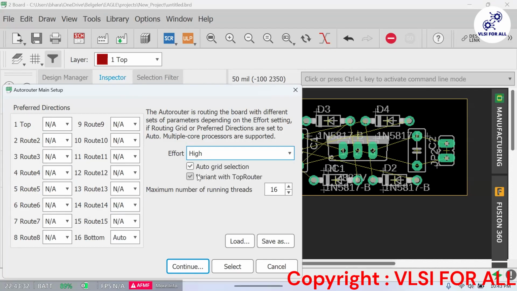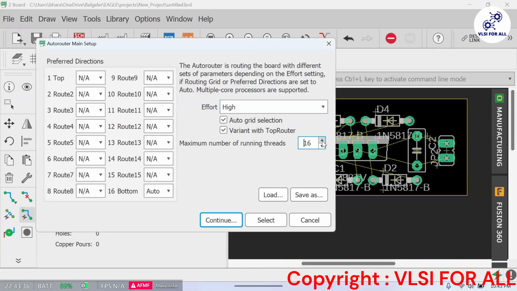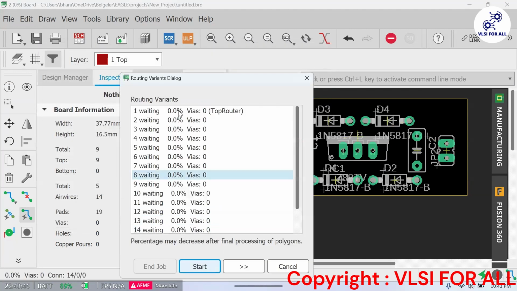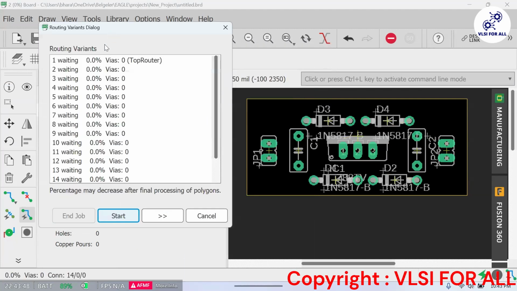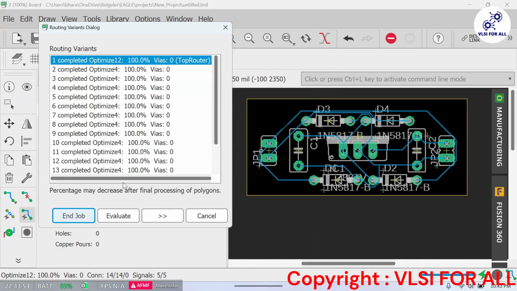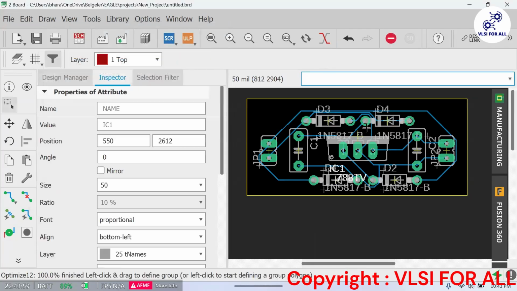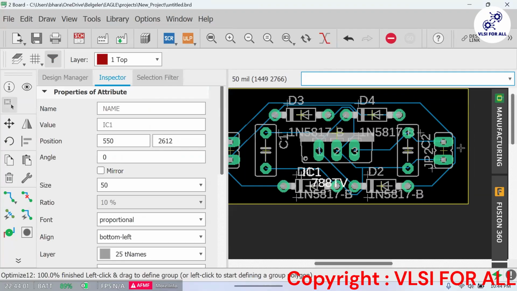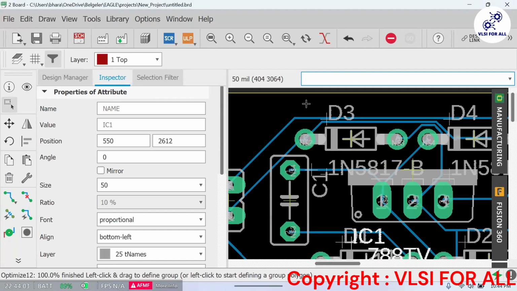Effort should be high, and the number of running threads should be some. And we will continue. Once we continue, it will come here, and we simply press start. Once we press start and end job, you can see the whole routing is done. The automatic routing has been done.